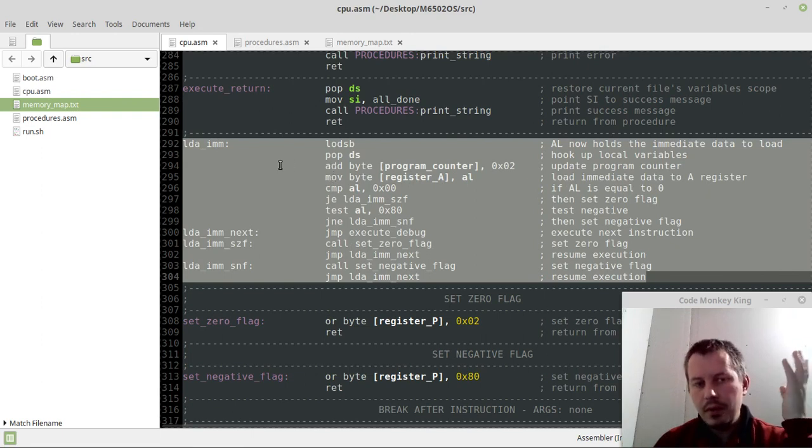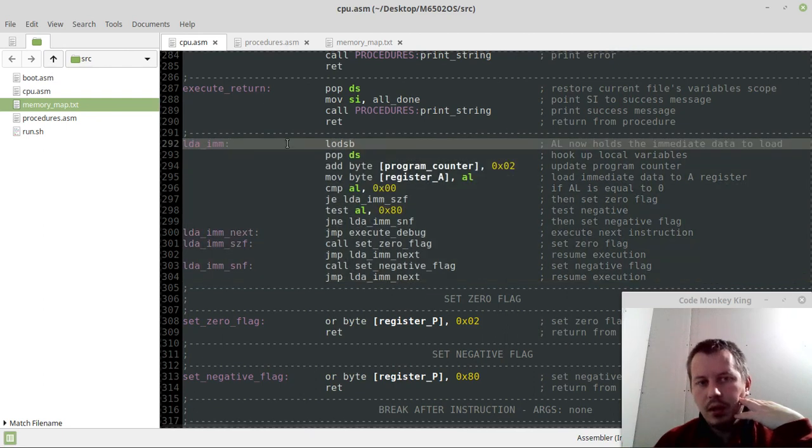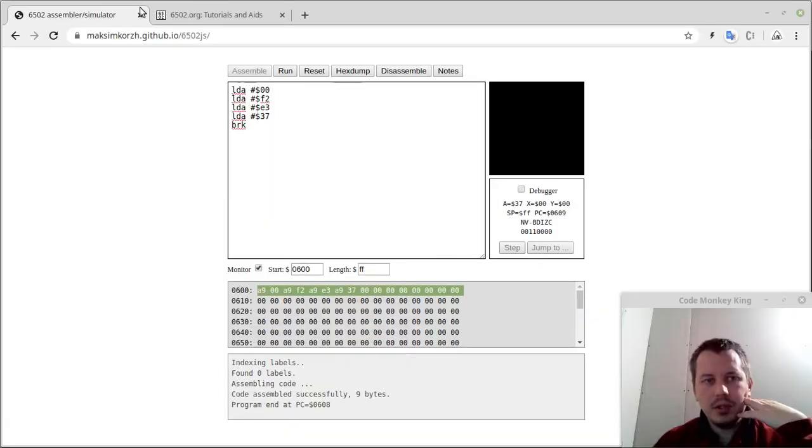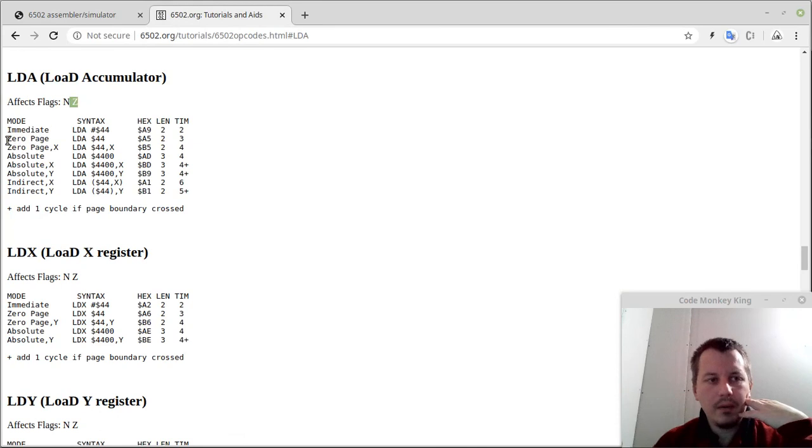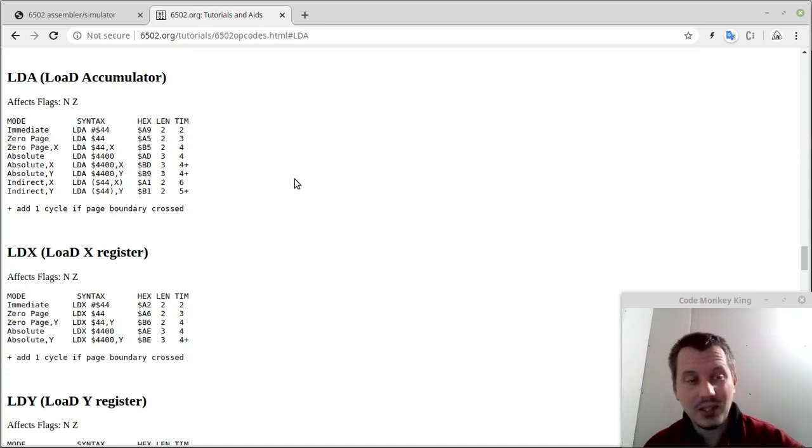So yeah, it's only the immediate addressing mode, and for instance, say for LDA, we have the zero page mode, zero page with X offset, absolute X, Y, indirect X, Y, and all of these different addressing modes. So in order to handle a single instruction, it really takes lots of time and effort to complete. So to be honest, I feel a little bit overwhelmed,